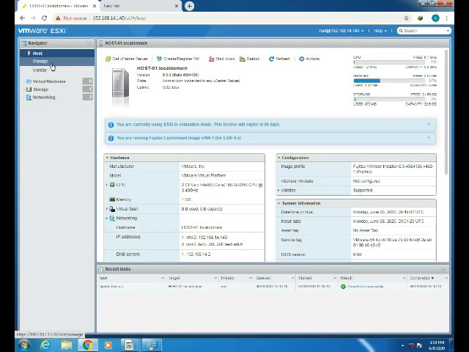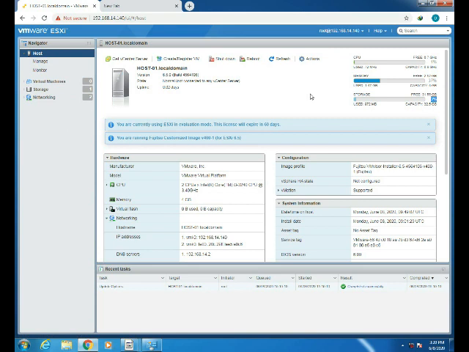So we have successfully logged into the server, and we can see the basic configuration details about our server, like CPU, memory, and storage, how much free space is available, and its utilization. You can see here 30%, 37%, 1%, 3%. This is the basic summary of your host.